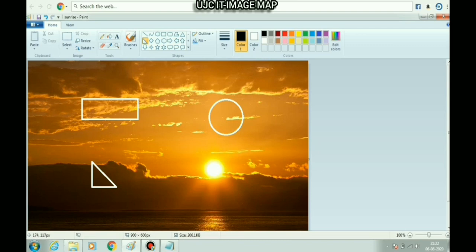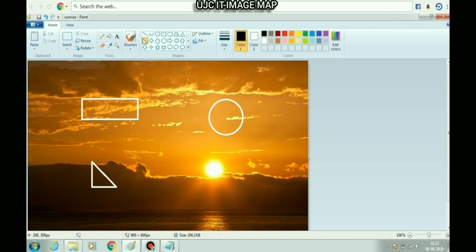For circle, you will get the coordinate exactly on the center of the circle. That means x-axis and y-axis. The third coordinate for circle is the radius. For polygon, we are drawing here a triangle. So you will get a total of 6 coordinates for this polygon.